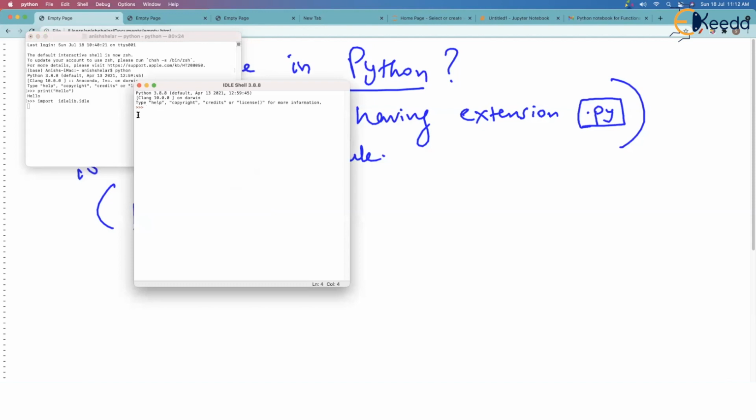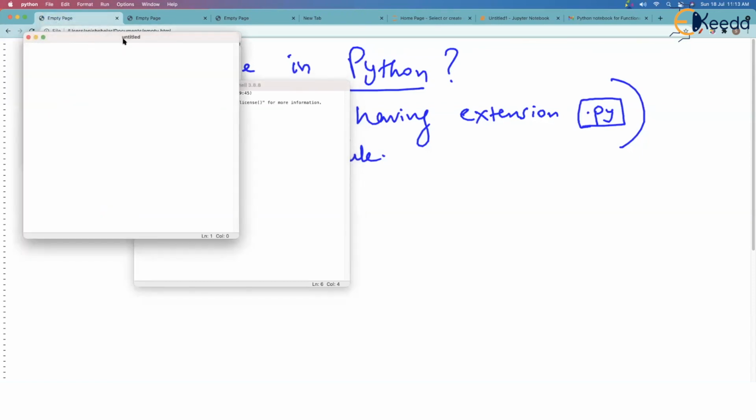And you can see the same triple prompt over here. You can type some command over here like print, and simply hit enter, and that code will run. So again, we can run single line code over here in Python idle. But what if we want to type a bigger program? Then you can simply click on file. On a Windows machine, the file option will be seen right over here in the idle window. This is a Mac machine. I'm just clicking on file and new file.